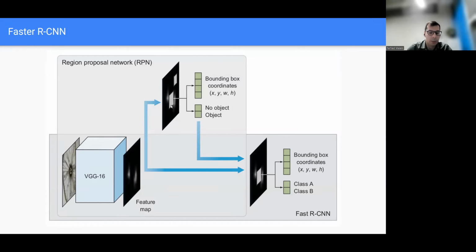That's this region proposal network. What it does is that it creates bounding boxes. Each bounding box requires 4 coordinates. For each bounding box, you need 4 elements. And also it assigns an objectness score, the probability of being an object and not being an object. So 2 elements for each box. If I have K boxes or 1,000 boxes, really I need a tensor of size 1,000 of these.